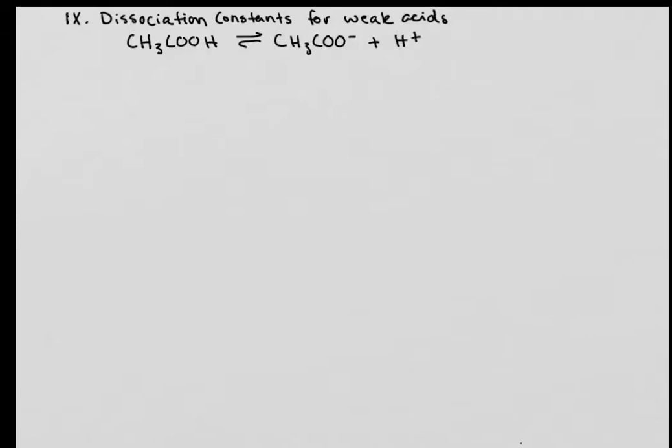We can write an acid dissociation constant for this, Ka, is equal to products, CH3COO minus times H plus, over